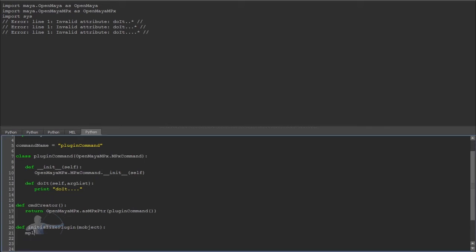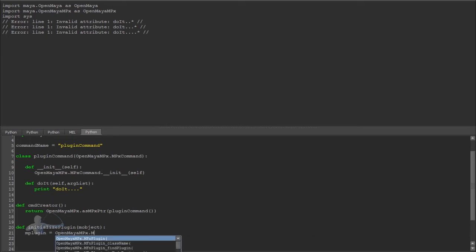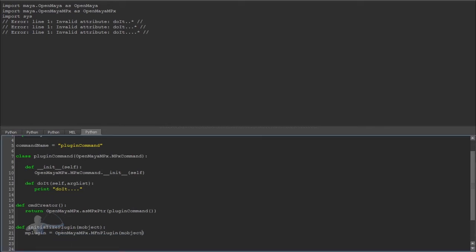Now we would define mPlugin, OpenMaya.MFnPlugin, a function set to work on plugins, and we would pass that same mObject, that handle which is prepared by Maya. Alright, now we are going to use a try except condition. Try